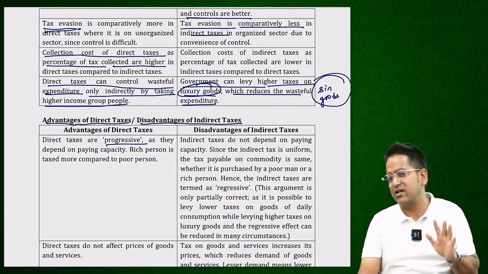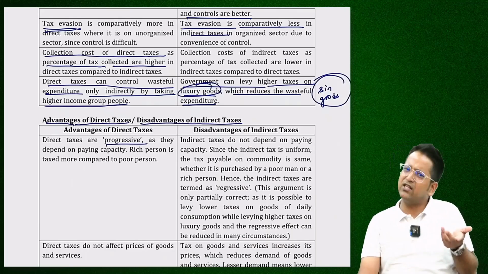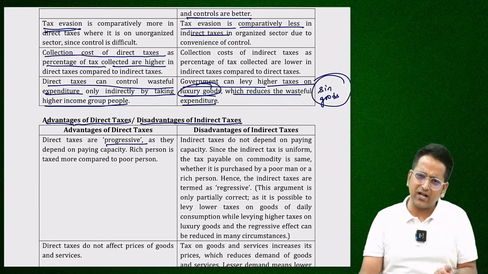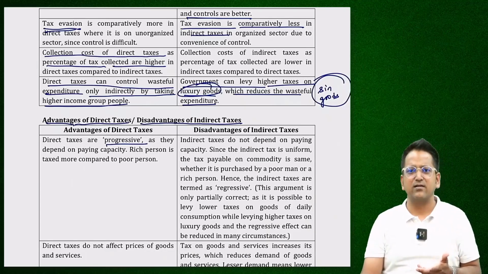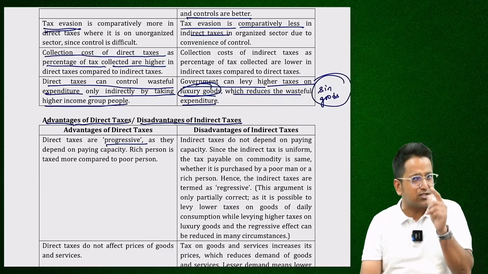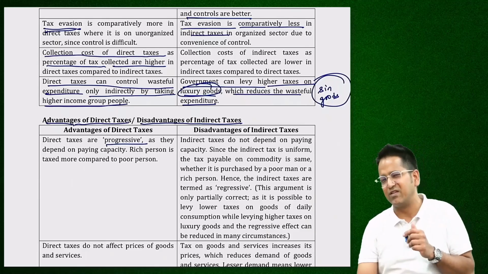It is regressive in nature. Whoever buys a TV will pay the same tax. AC buyers will pay the same tax. All will pay the same tax on cloth. But to be honest, let me tell you, our government has made this regressive nature progressive from inside, and